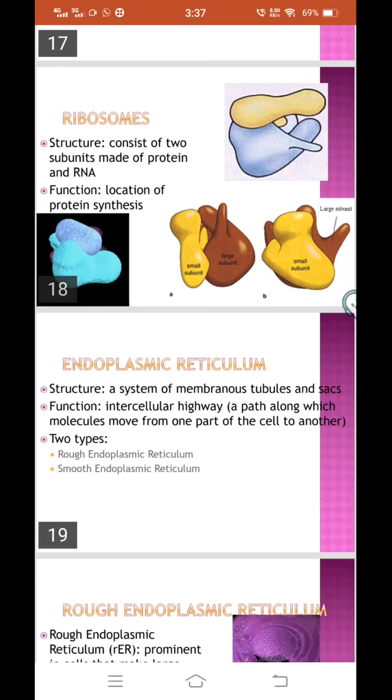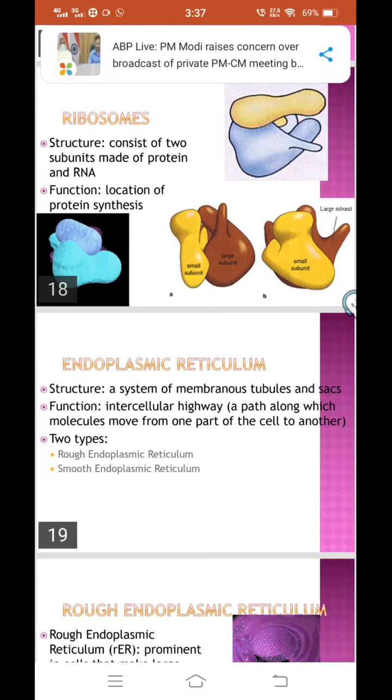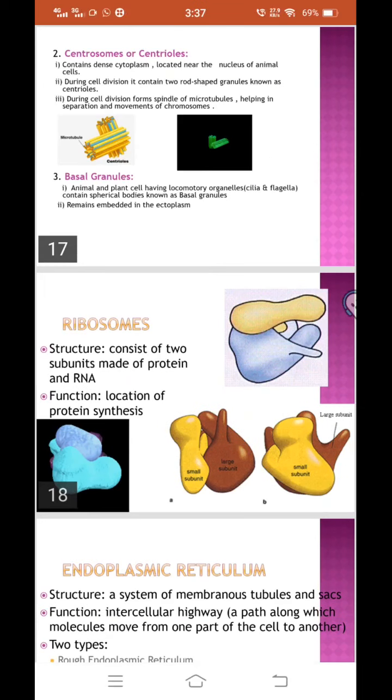Now, these ribosomes are spherical structures and they remain attached to the membrane of the endoplasmic reticulum. ठीक है, so there is an organelle that is the endoplasmic reticulum. Ribosomes जो होते हैं, they are attached with the endoplasmic reticulum and they form the granular or rough type of endoplasmic reticulum. So they are responsible for the formation of granular or rough endoplasmic reticulum. Generally, they consist of two subunits which are made up of RNA and proteins.